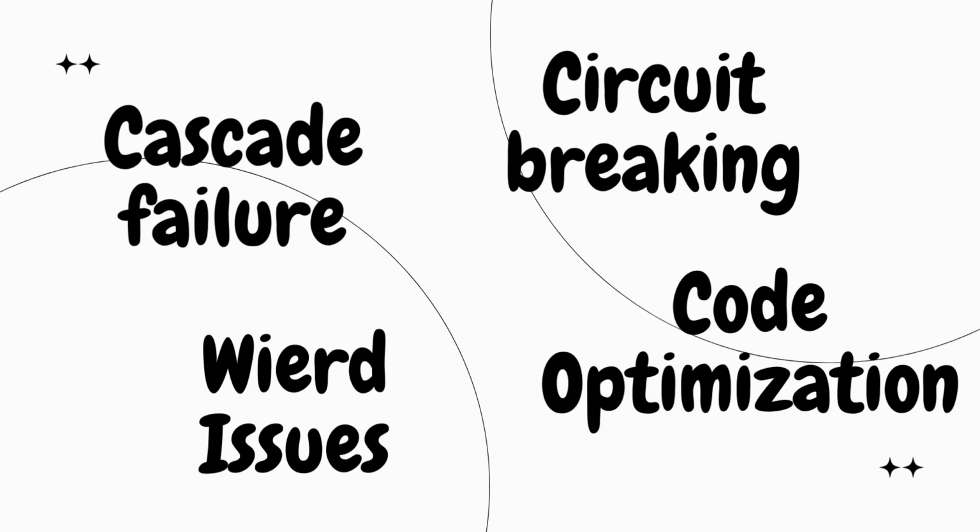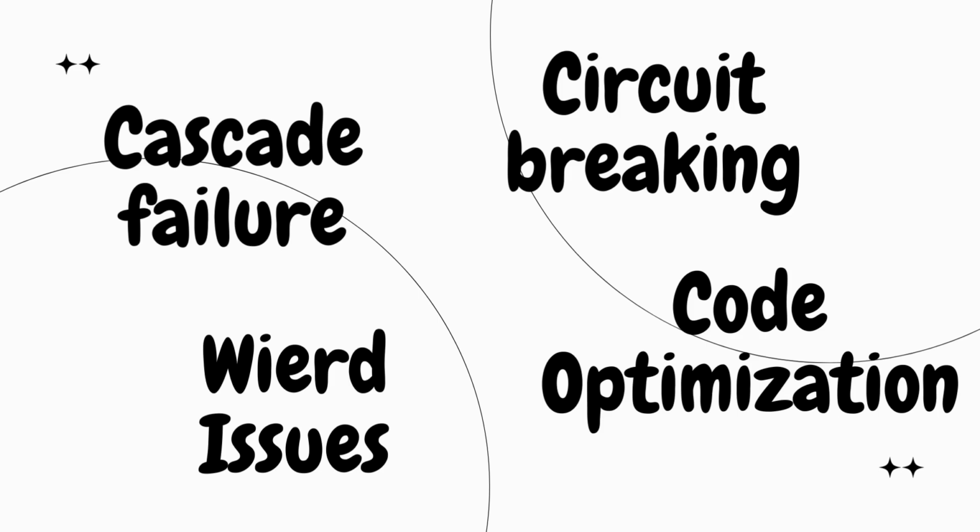Today we are going to talk about something called cascade failure, circuit breaking, and all those things. Yesterday night, we found some weird issues in my environment, and we identified a lot of services have started failing. We dug deep, and we identified this is a part of cascade failure, and this is also known as circuit breaking. We did a lot of code optimization, and we want to explore more about it and let you know about this kind of issues. Without wasting any time, let's get into the video.